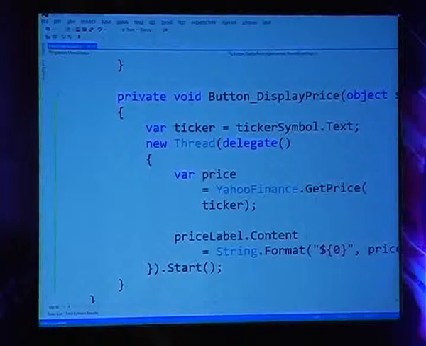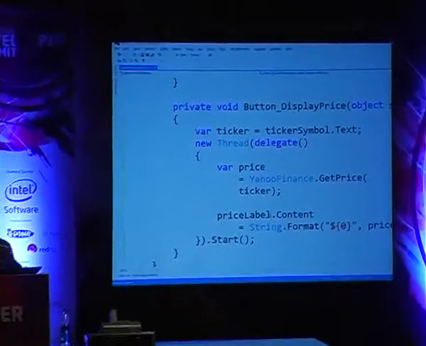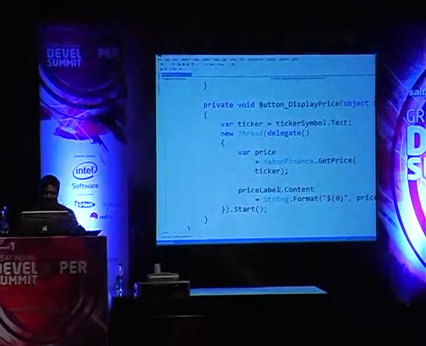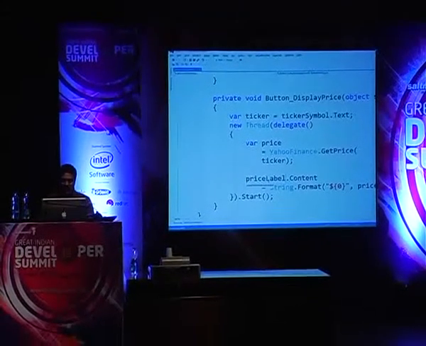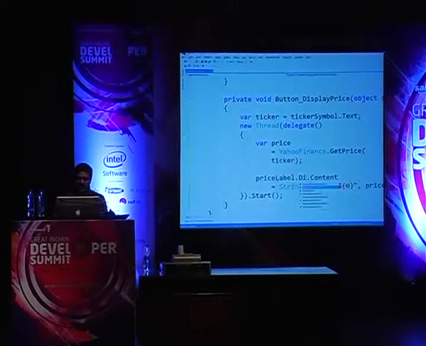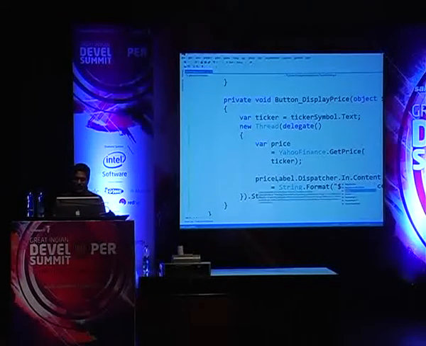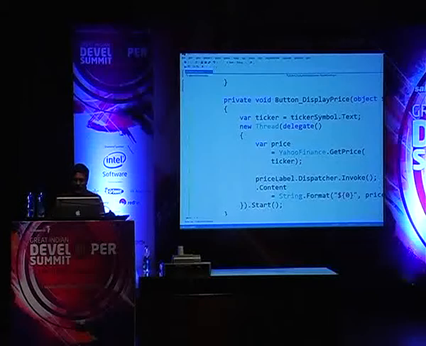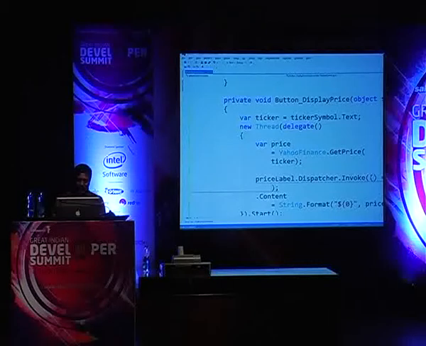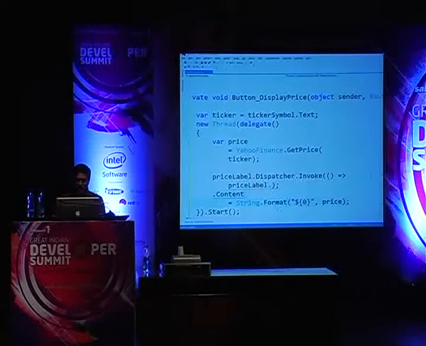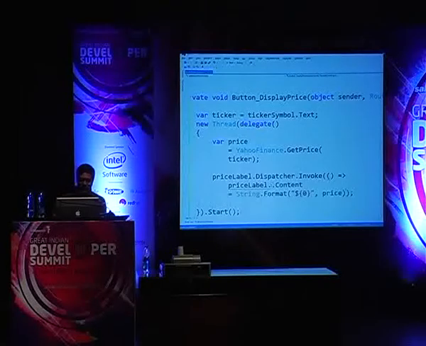That's only half the problem though. The other half of the problem is that it's going to wait until the response comes back, and then it's going to crash. And why? Because I'm talking to the label here. I can't talk to it directly. So I'm going to say dispatcher over here and then call the invoke method on the dispatcher. And on the invoke method, I'm going to give it a delegate. And in the delegate, I'm going to say, right here within this, let's do price label dot content. So I can do the rest of the code I was doing right here within that delegate itself. I'm just going to move this code right inside of this, so that's when I update this within this particular context.